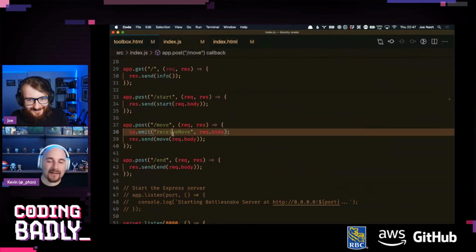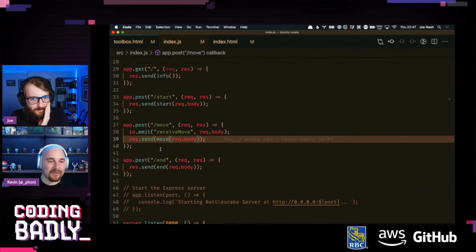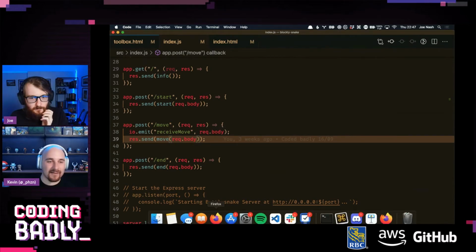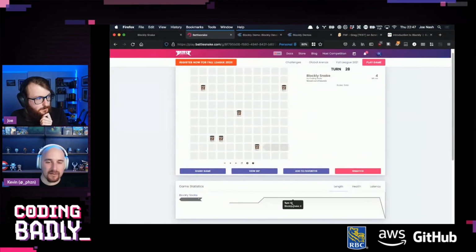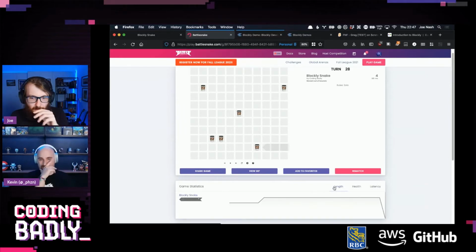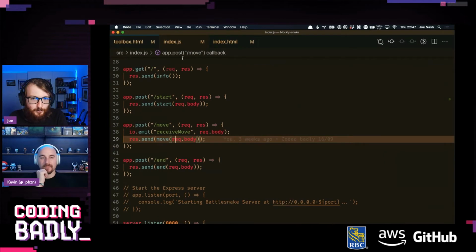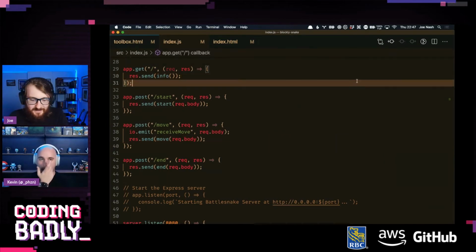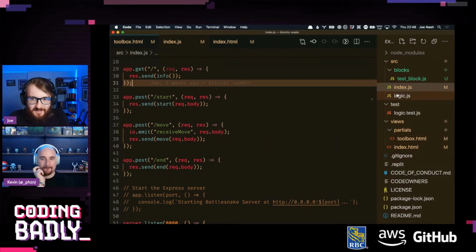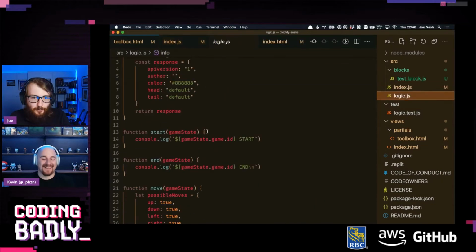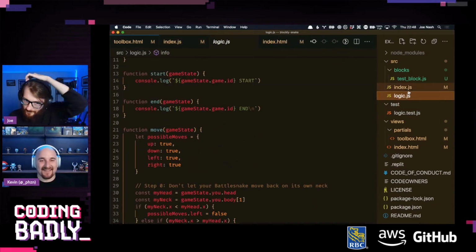Oh wait, so hang on a minute. Unrelated. Is there now a little latency graph underneath? Oh, that's always been there. Yeah, it's always been there. Was it? Oh, I'd never seen that before. Oh, it's been there for a very long time. Yeah. Cool. No, so what's happening here is we're still calling. This snake was based off of the Battlesnake starter snake, and so it's still calling move. Got you.